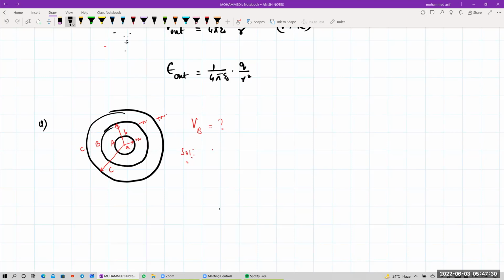So I told you, how do you calculate beta? Potential at B will be equal to potential due to own plus potential due to the others. Isn't it? Yes, sir. Like say, since the charges are not known, I take the charge on the inner one as Q1, the second one as Q2, and the third one as Q3, for example. So potential at B will be equal to due to own, that is B,